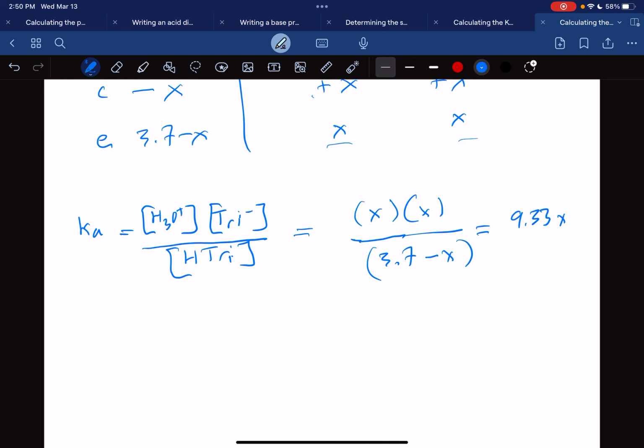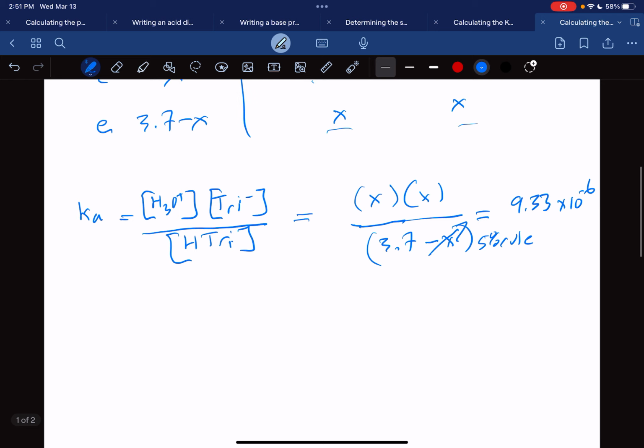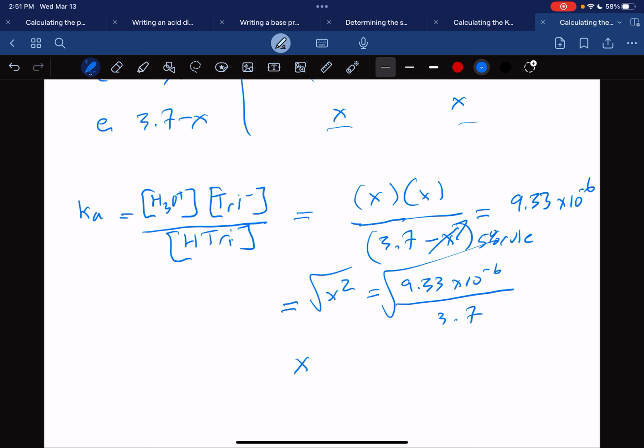to the negative 6. Now, this is a really, really small K value, which means that we can do a 5% rule right here, or like we like to call it, the dead frog. Look at it for a second if you can't figure that one out. And if we rearrange this equation, what we're going to end up with is X squared is equal to 9.33 times 10 to the negative 6, all divided by 3.7. So if we want to take the square root of both sides, right? What we're going to end up with is x is equal to